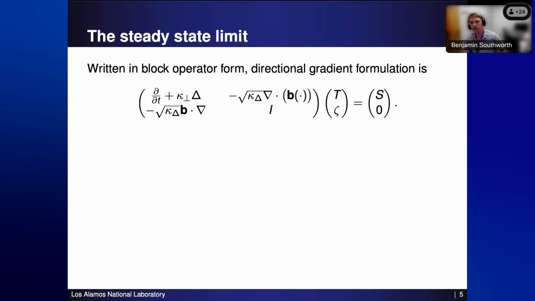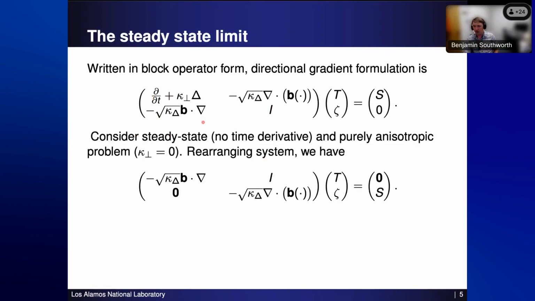And so if we look at this and say, okay, let's take a limit, right? Let's take the anisotropic limit, because when we get to 10^9 ratios, we're almost at zero isotropic diffusion anyway. And let's say we skip the time derivative. So we're just going full steady state, fully anisotropic diffusion. If we write it out like that and rearrange the system, it's equivalent to this form here. And so instead of a diffusion system now, what we really have is two coupled hyperbolic operators. Directional gradients in the direction of magnetic field coupled with this mass matrix. And that's this limiting asymptotic of our system. It's in the case of steady and no diffusion in the isotropic setting.